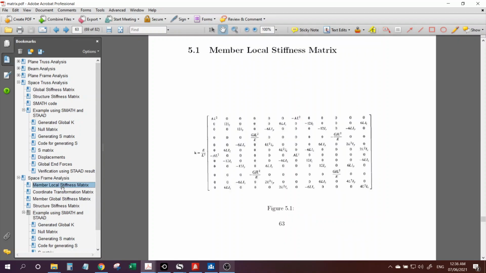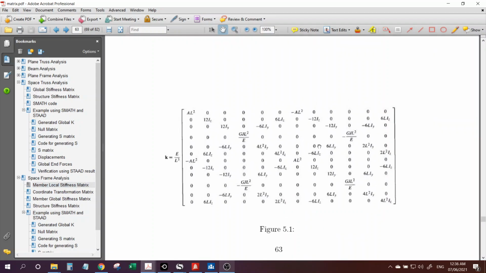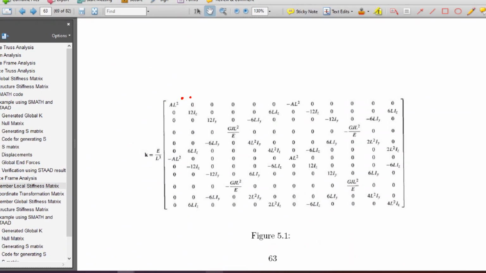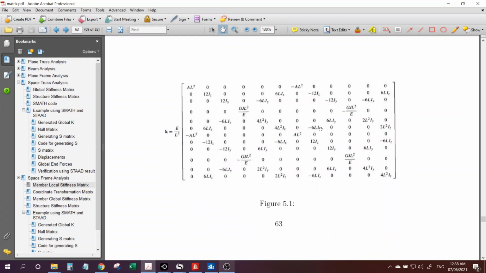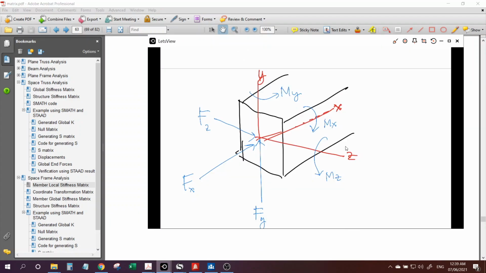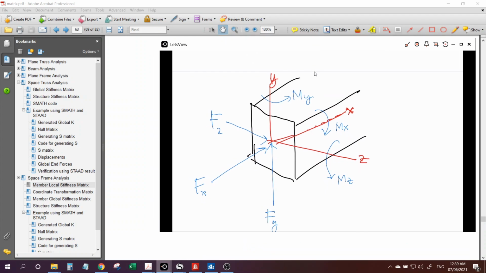So what's the local stiffness matrix? This is the local stiffness matrix of a line element or a beam element in 3D. If you notice, it's now 1, 2, 3, 4, 5, 6, 7, 8, 9, 10, 11, 12. This is now a 12 by 12 stiffness matrix because in general we have these forces